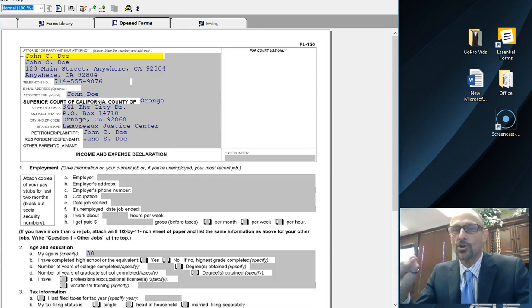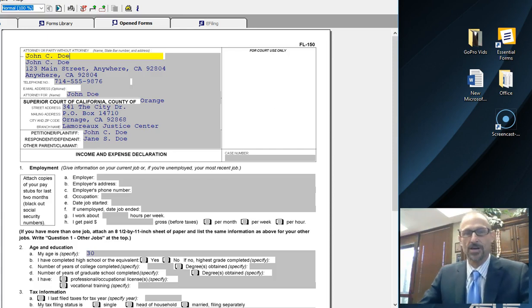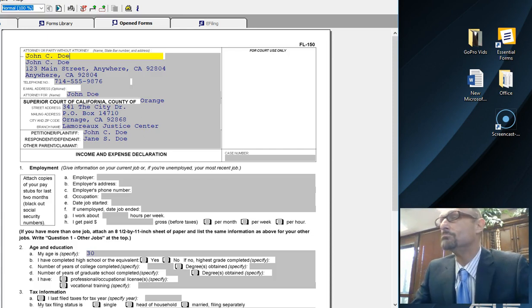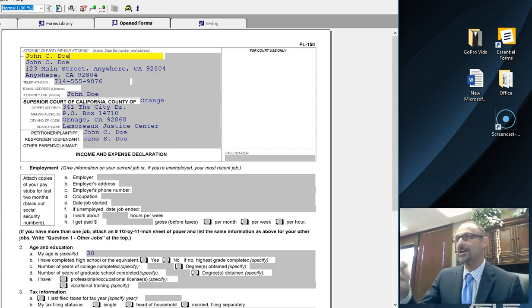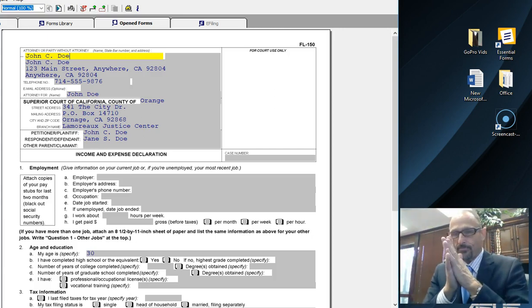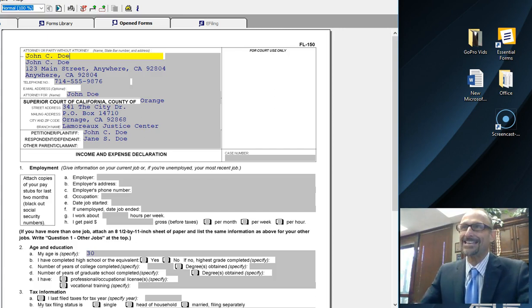And you're also going to have to complete this form and attach some documents. For example, pay stubs, or if you're self-employed, you must attach a Schedule C from your taxes or a profit and loss statement. But you're going to need this form every single time you ask the court for any